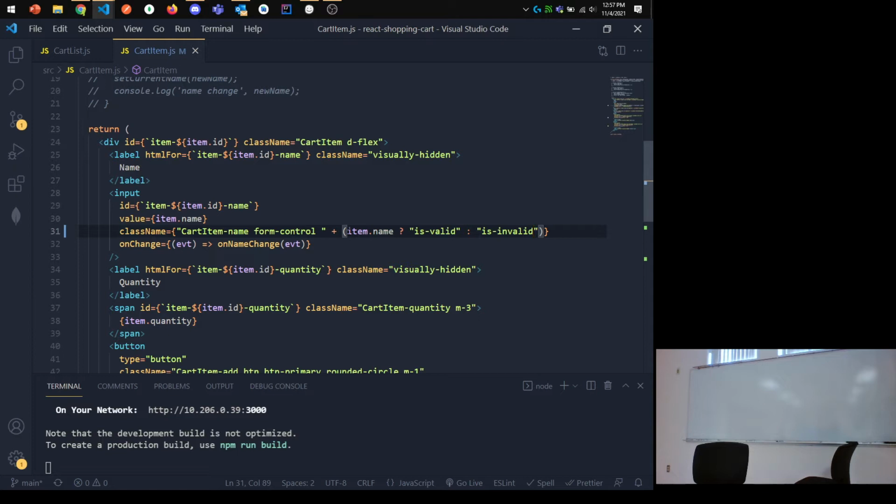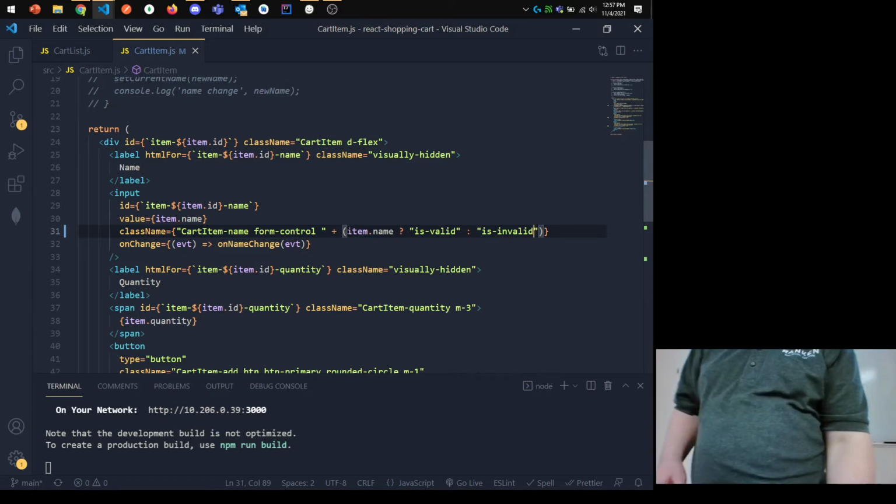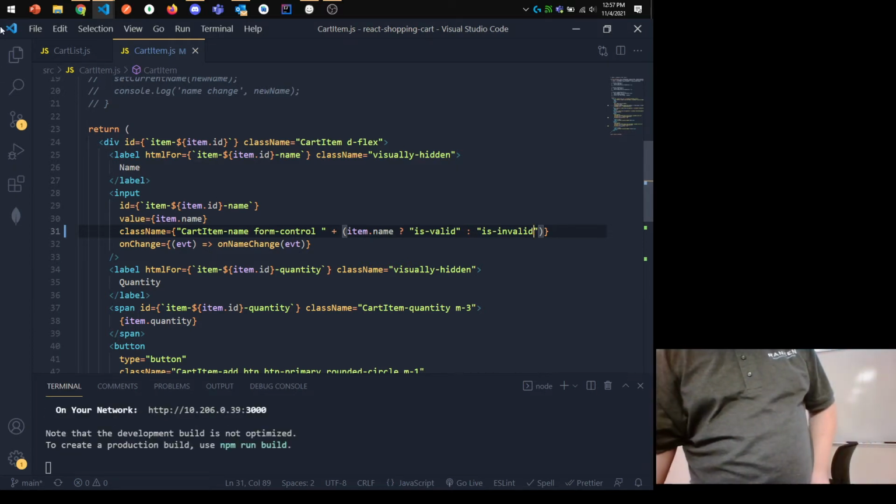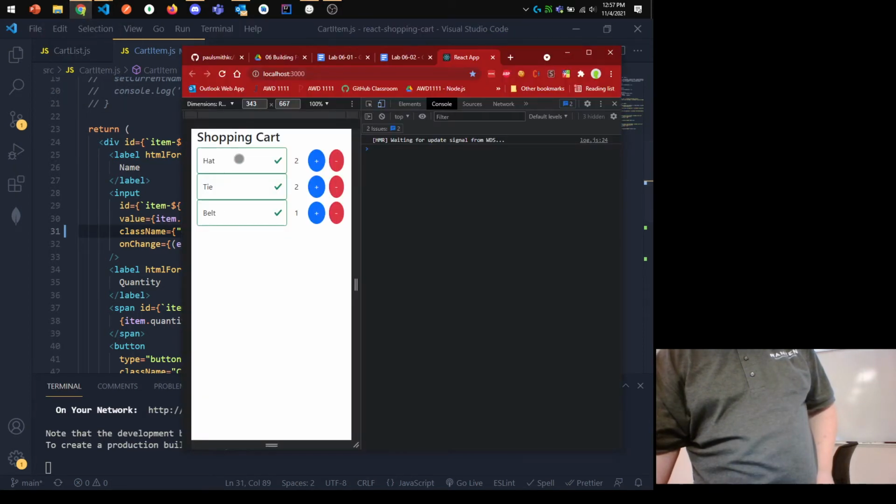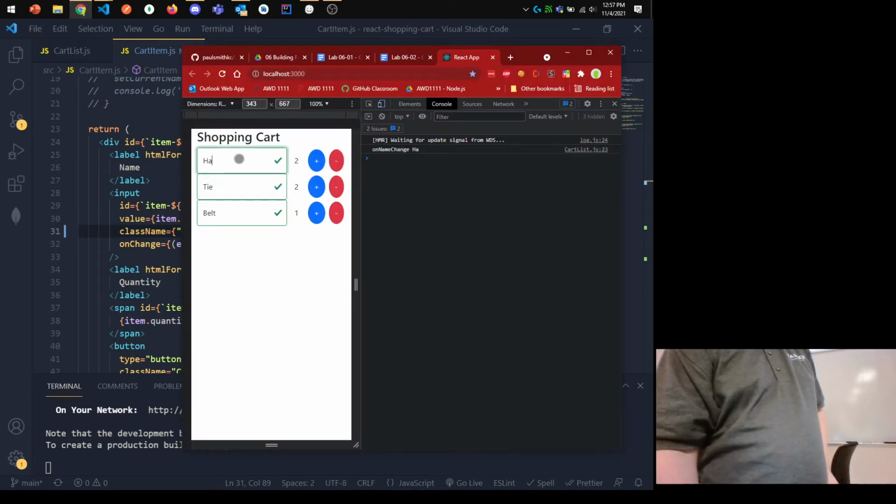We have to make sure that there's a space between all the classes. I've added it here in this case, but sometimes you end up having to add the spaces in other places. So do pay attention to the fact that the classes still need to have spaces between them, because that can be easy to miss. Okay, so if I just try that out, we can see that that's checked once